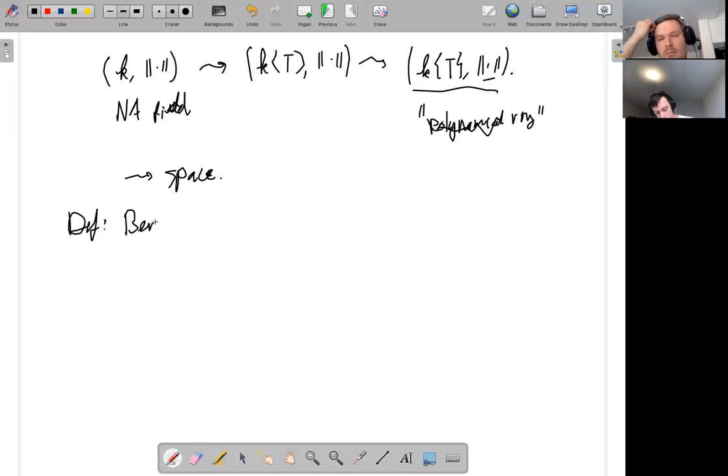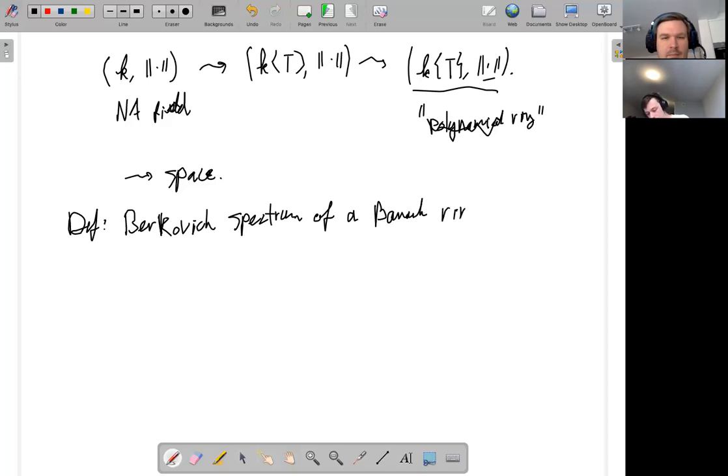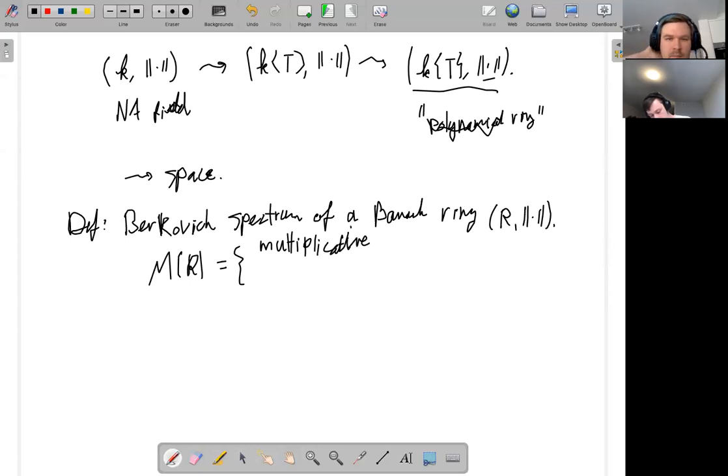It's the Berkovich spectrum. This is M(R), which is the set of multiplicative seminorms